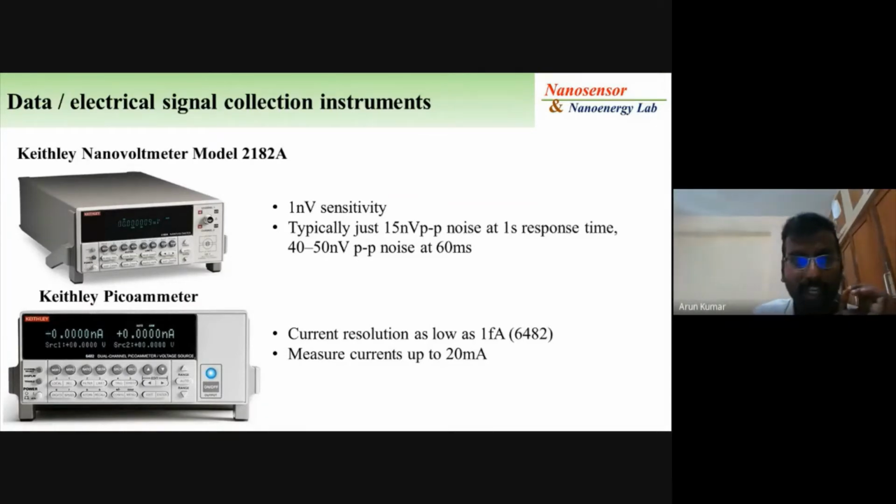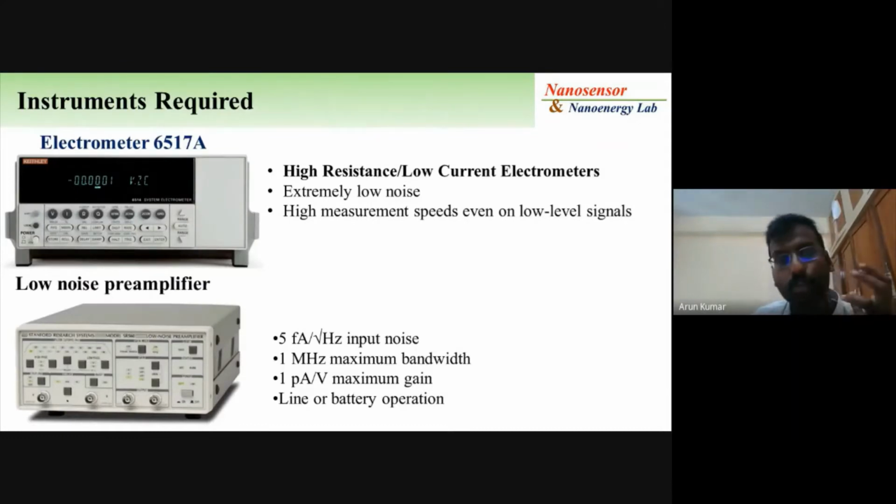For that, we need an instrument like an electrometer, 6517A or 6514. These electrometers have an input impedance of up to 2 teraohm. That is the best equipment to work with a nanogenerator, especially for tribo as well as piezo. That doesn't matter for other devices, but when you measure a high-impedance device, you need this kind of equipment.